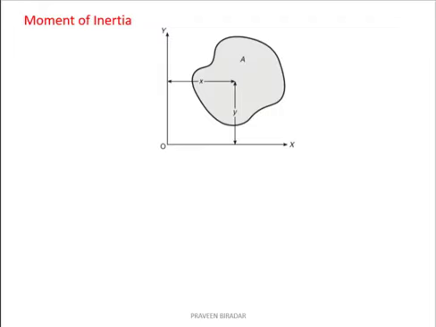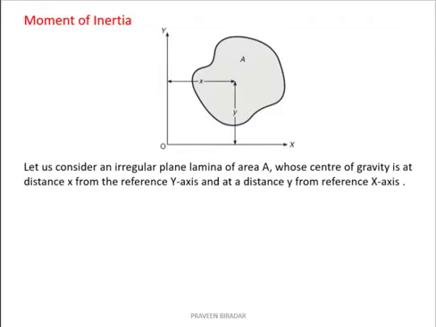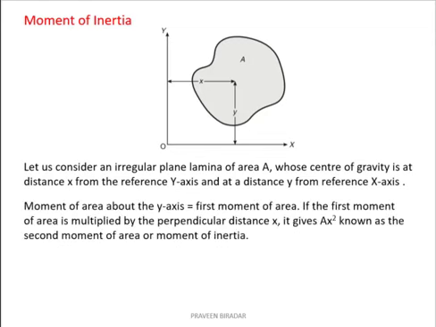First, what is moment of inertia? Let us consider an irregular plane lamina of area A, whose center of gravity is at a distance x from the reference y-axis and at a distance y from the reference x-axis. The moment of area about the y-axis is the first moment of area. If the first moment of area is multiplied by the perpendicular distance x, it gives A x square, known as second moment of area or simply moment of